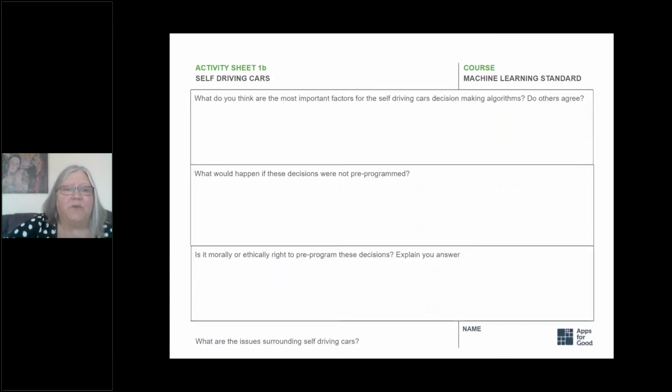But then taking it a stage further: is it morally or ethically right to pre-program those decisions? If you're there in the spur of the moment and you're trying to react, then you do the best you can in that circumstance. But if we're saying six months in advance that we're going to be programming these decisions, that's a whole new ethical dilemma. And the final one within this is, if you're actually coming to buy one of these cars, which one are you going to buy? The one that's going to protect the most people, or the one that's going to protect you as the driver? We have a little quiz that students can get involved with to see what they think they would do in that circumstance.